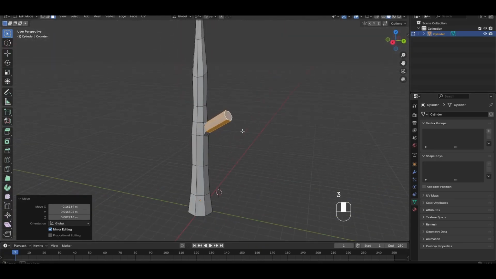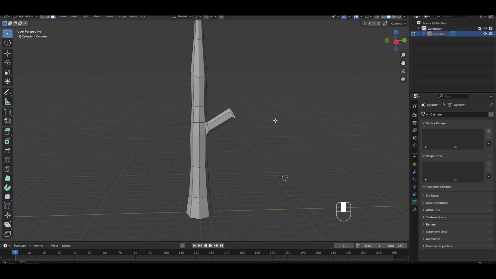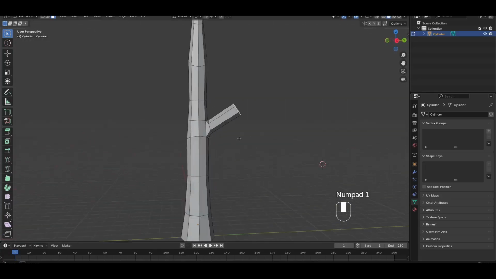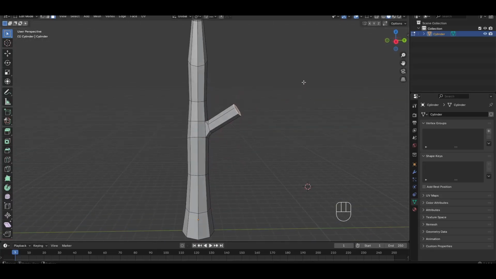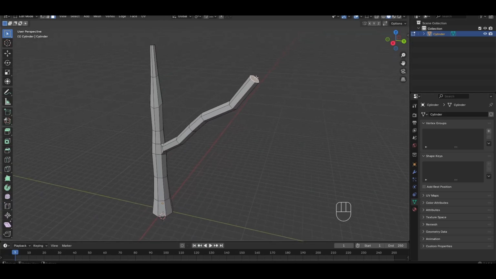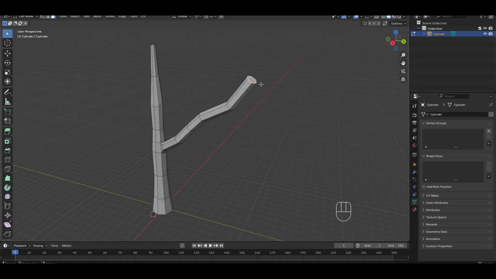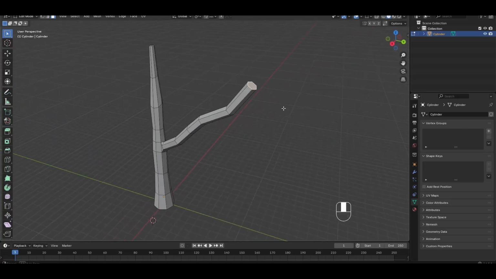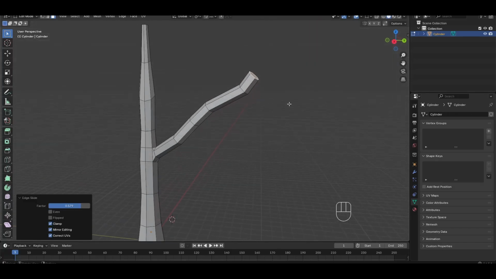And now I will go in face mode, and I will maybe go in this view and Control right mouse button. You can just like this. Now I think this branch is too big. When I select this face, I will go GG. When you go GG, it's the most useful thing in Blender. You can move things along, I don't know, lines. And I will just scale